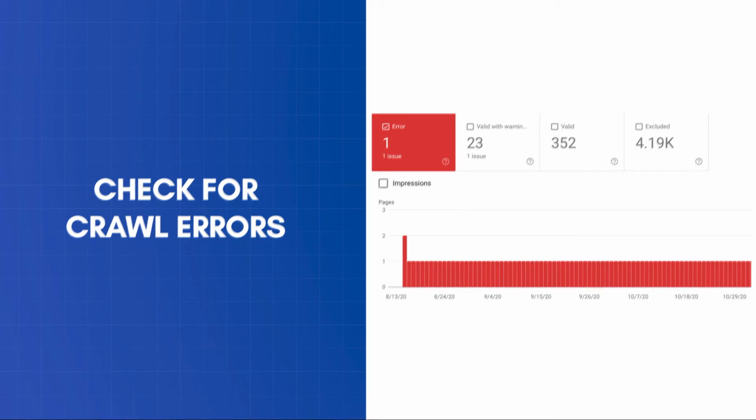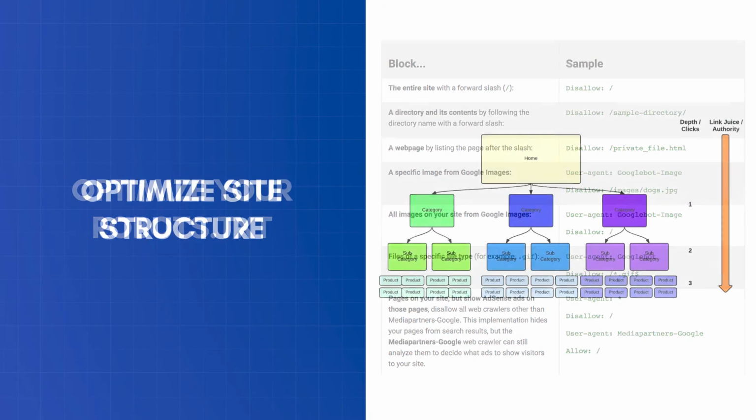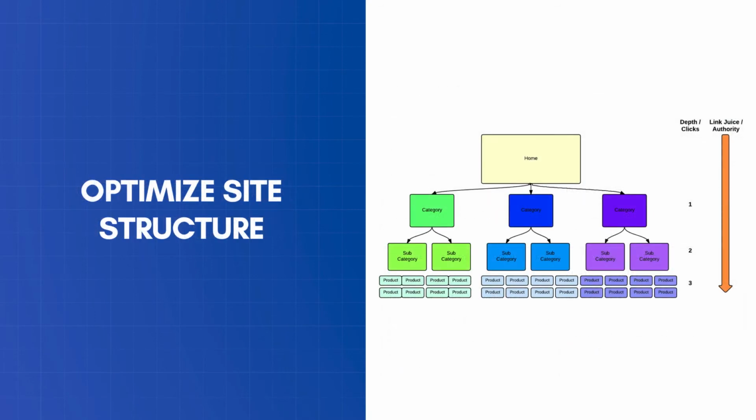You need to check and optimize your robots.txt file. Robots.txt is a file that gives instructions to search engines as to which pages of your site they can crawl and index. A mistake in the robots.txt can negatively impact your rankings. You need to review your site structure. The way your website is structured is super important for SEO. Complicated structures make the work of search engines difficult. Having a simple, hierarchical structure is the best way to ensure that your website can be indexed without problems.